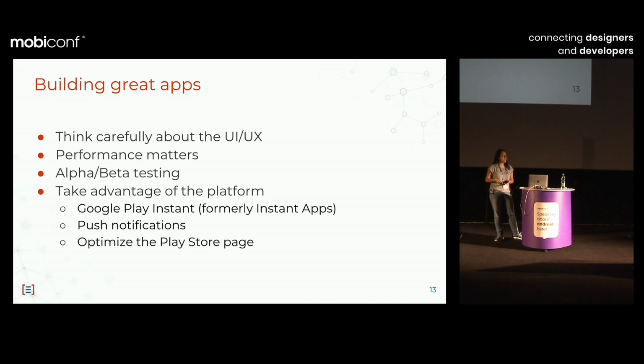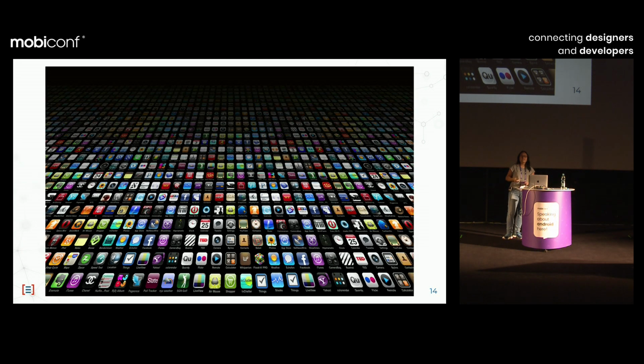So on the Android side, you can use Google Play Instant, for example. You have push notifications. You can optimize your Google Play Store page. And those are just a few examples. You have a lot of ways of really optimizing your app and getting it to be a really, really great app. But still,